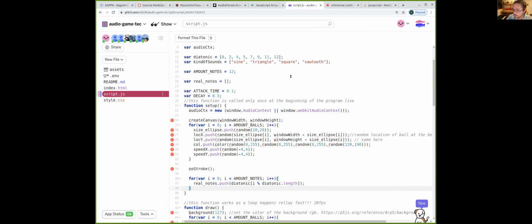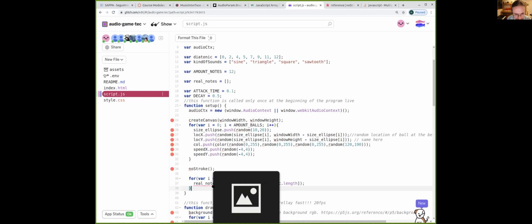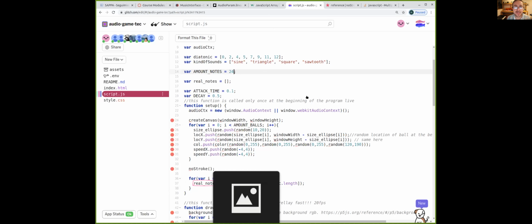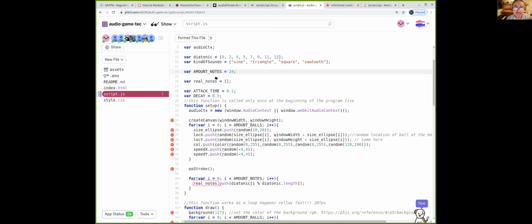What I want to have in my real notes, if I have 24 notes, and I think with that we are going to end up the class, is 0, 2, 4, 5, 7, 9, 11, and then I want to have 12,